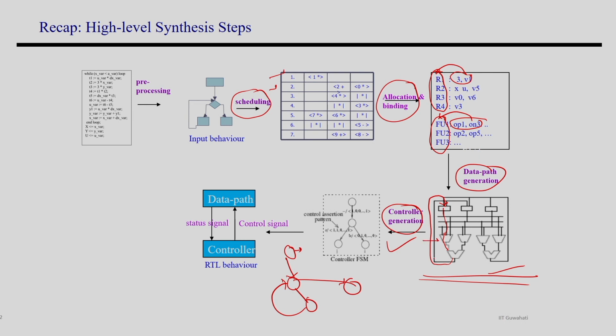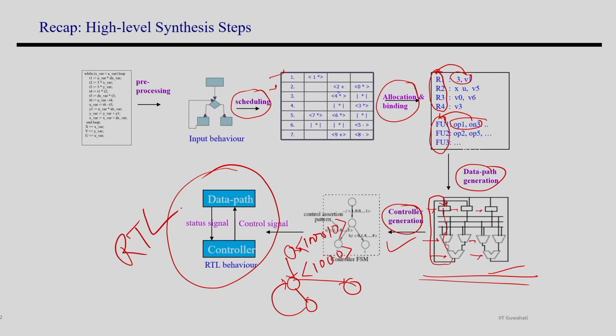Based on that, it has to assign proper control signals to the interconnection units and also to the register enables. These are the control signals you have to assign appropriate to the operation scheduled in that state. Based on that, the controller will identify the minimum number of control signals needed and the value of those control signals in every time step. That is the controller FSM. Basically, it just identifies the value of these control signals. This is the controller synthesis. Once you get both, your final RTL is ready.